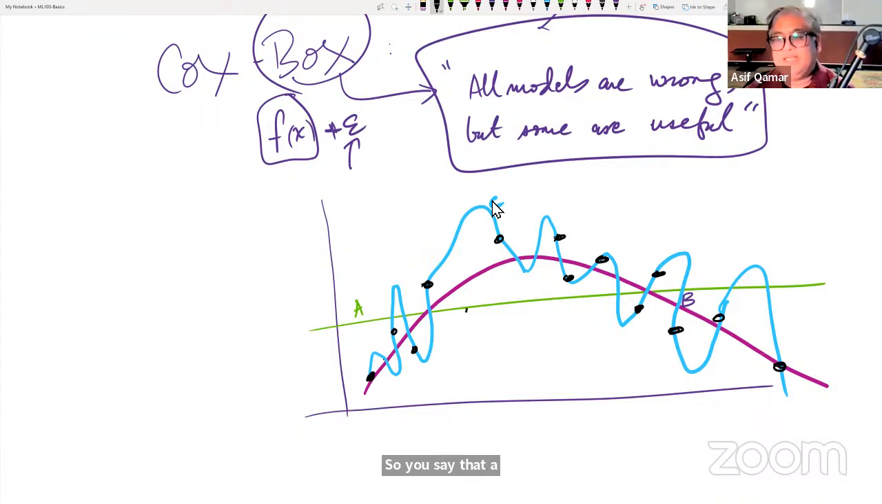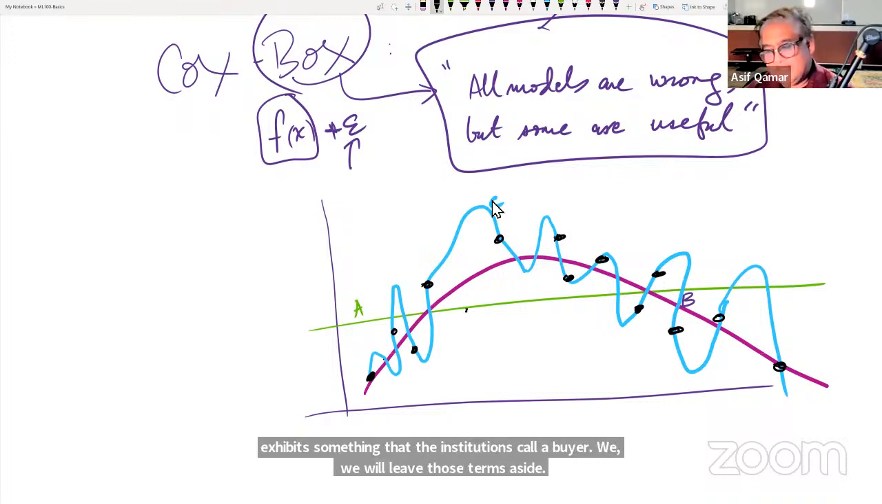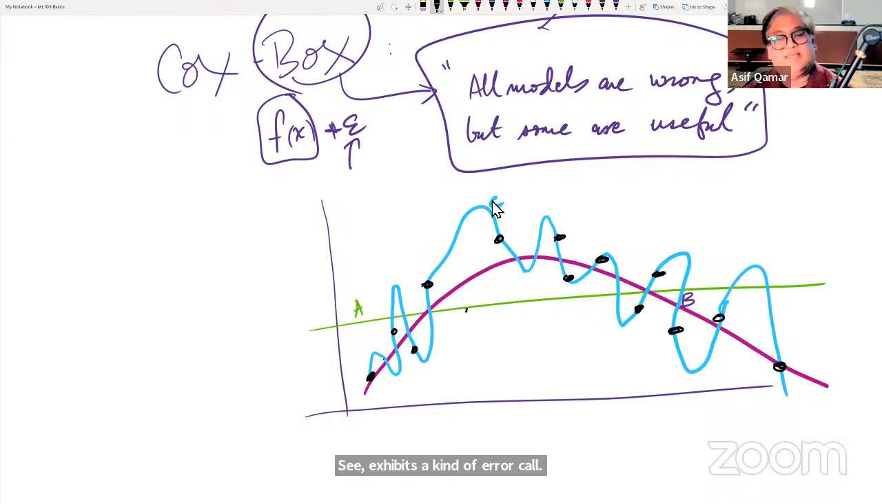It exhibits something that the statisticians call a bias error. We will leave those terms aside. C exhibits a kind of error called variance error, but I would like to explain it in simple terms. You say that A underfits the data. You can see that. It hardly fits to the data. On the other hand, C overfits the data,